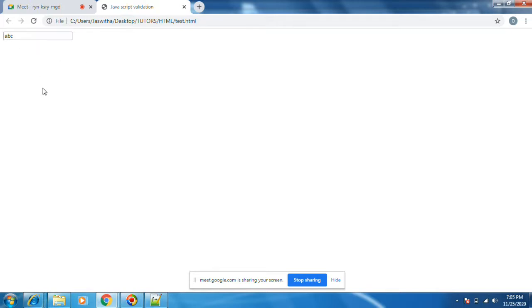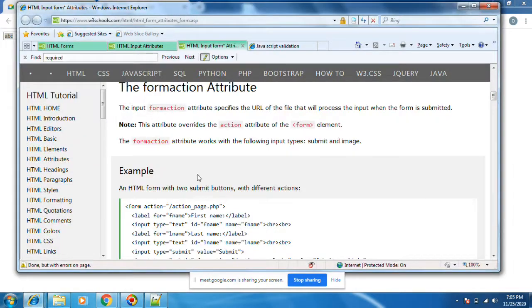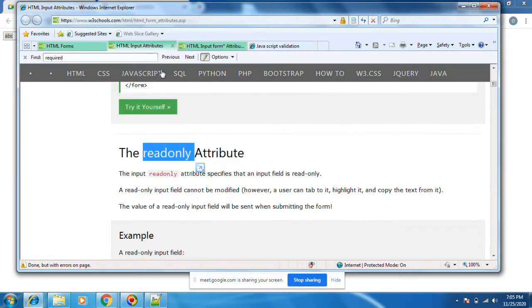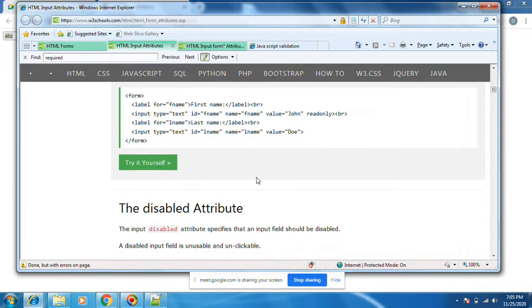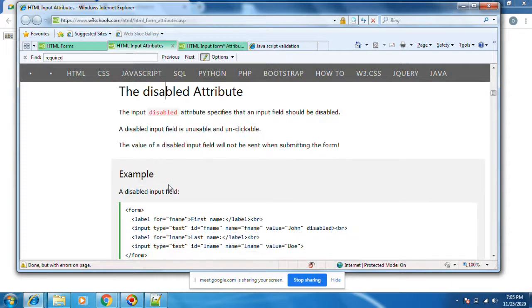Okay, that's why we can see only that one. That is called read only. I cannot edit. Okay. Disabled. The disabled attribute specifies that an input field should be disabled.